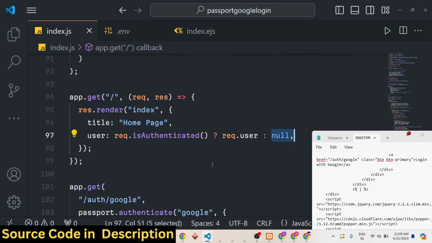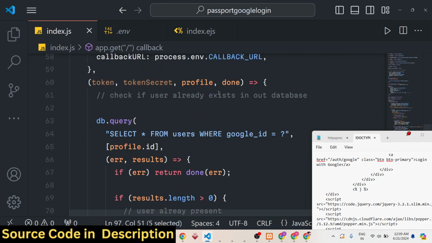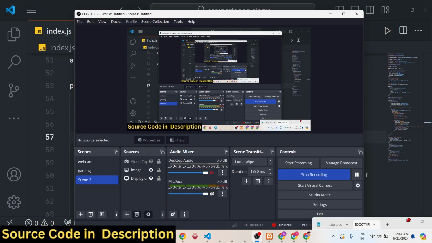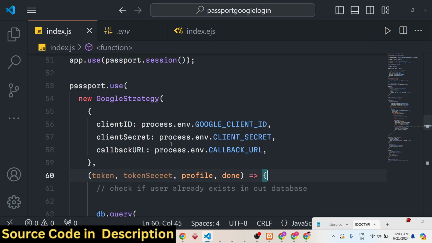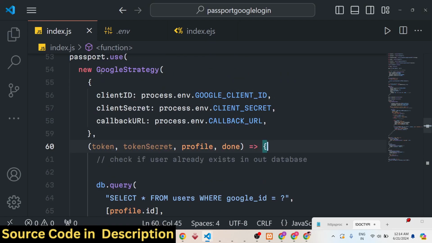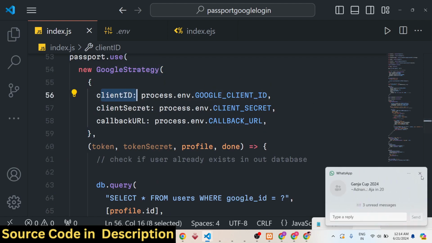Let me check. Just wait, guys, I will come to the next section. I will tell you the mistake. Guys, I've just made a very silly mistake. If you go to this index.js file right here, whenever you are initializing the Google strategy, the client ID is correct, we put here